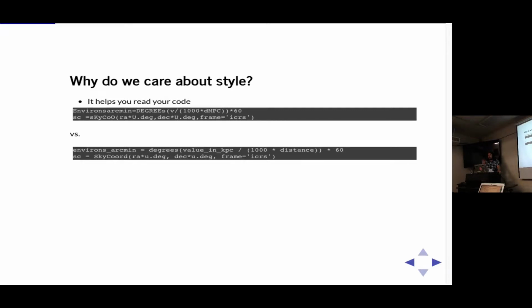Sort of slightly edited from my own science code. Look at the one on the top and look at the one on the bottom and look at which one you think is sort of easier to parse by just looking at it for a little while. I presume most of you will conclude the bottom. The top one looks like I randomly typed buttons on the keyboard, which is sometimes how